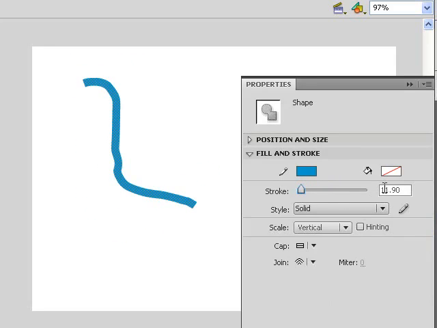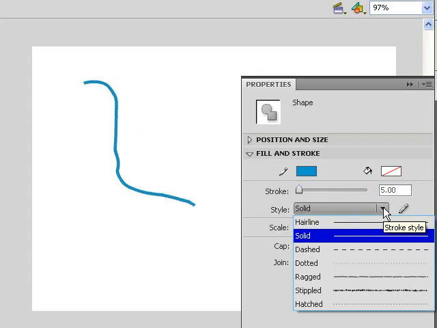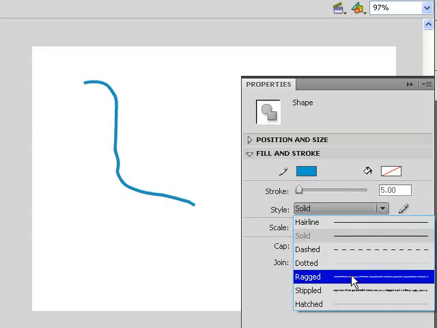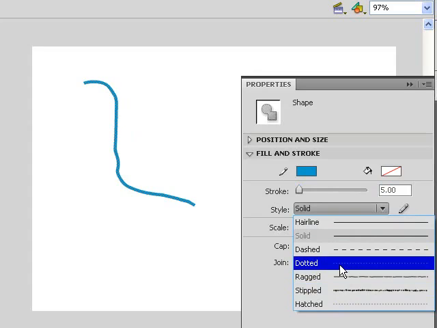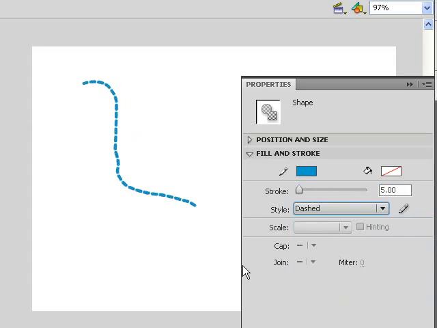Okay, this is done by pixels. So I could actually put my own in. I could put 5 pixels in, click on the gray area here, and that will change the actual line on the stage. Next thing we have down here is a style, and we don't actually have to have a solid line. We could have a dashed line, dotted line, ragged line, stippled line, or a hatched line. We can select any one of these, and you'll notice it will actually change the